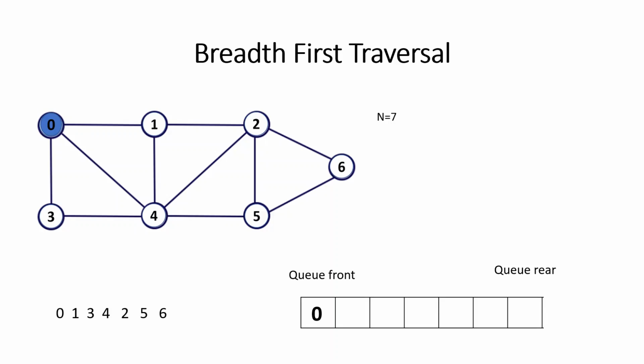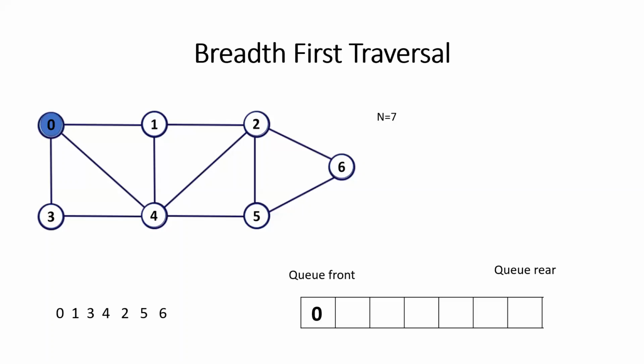What are the adjacent vertices? Adjacent non-visited vertices of vertex 0? 1, 2, 4. So what is the first step? We will be starting from vertex 0 and inserting that vertex into the queue. Insertion takes place from the rear end, and it will be staying at the front end, right? It will be inserted and be at the front end of the queue. Now we will be exploring the adjacent vertices of the vertex which is at the front of the queue. So we know vertex 1, 3 and 4, as it is an undirected graph.